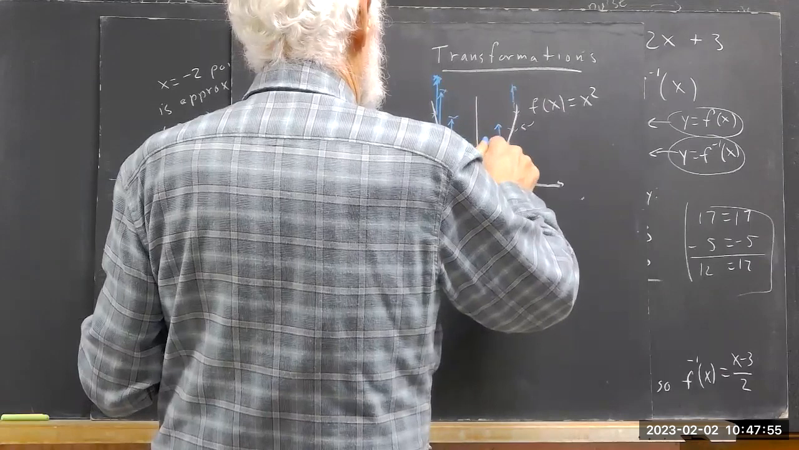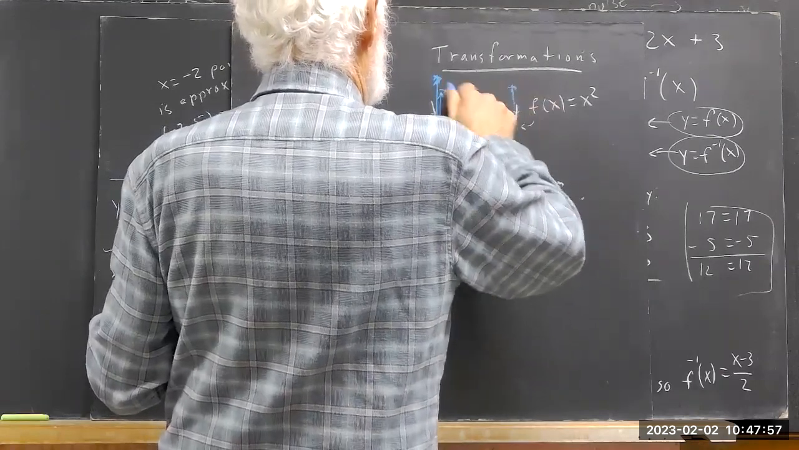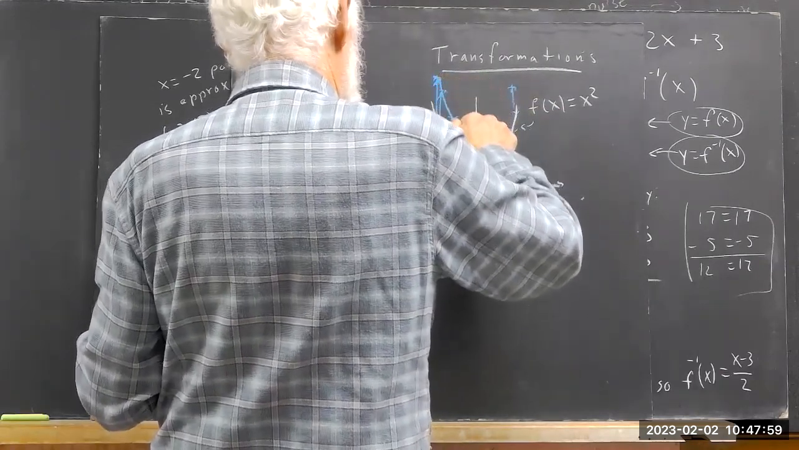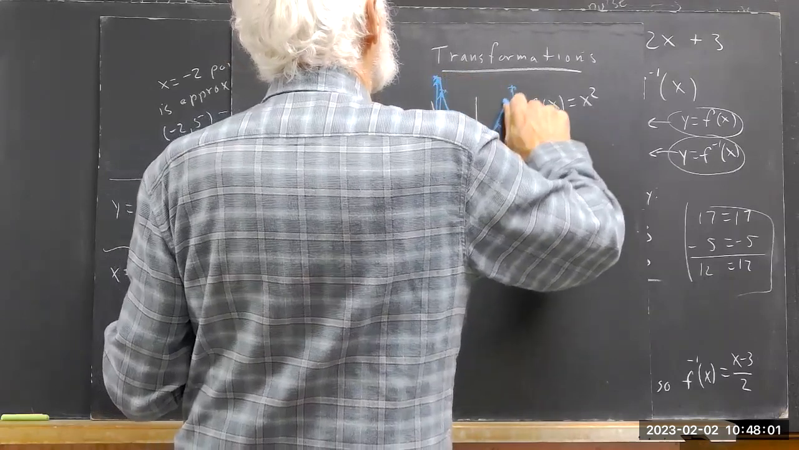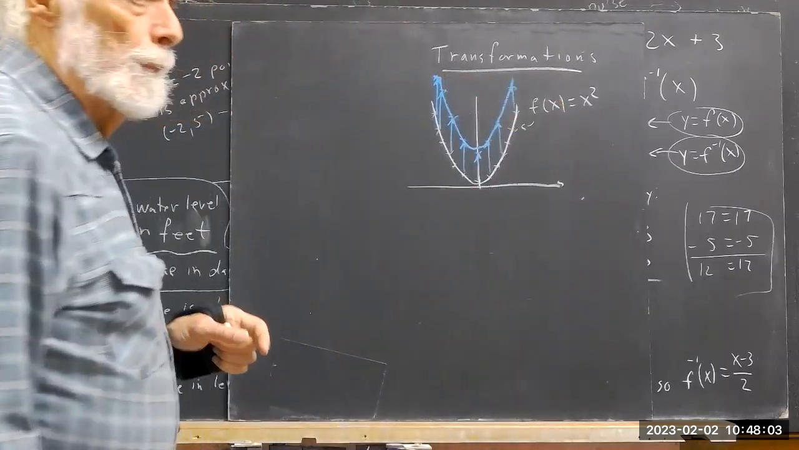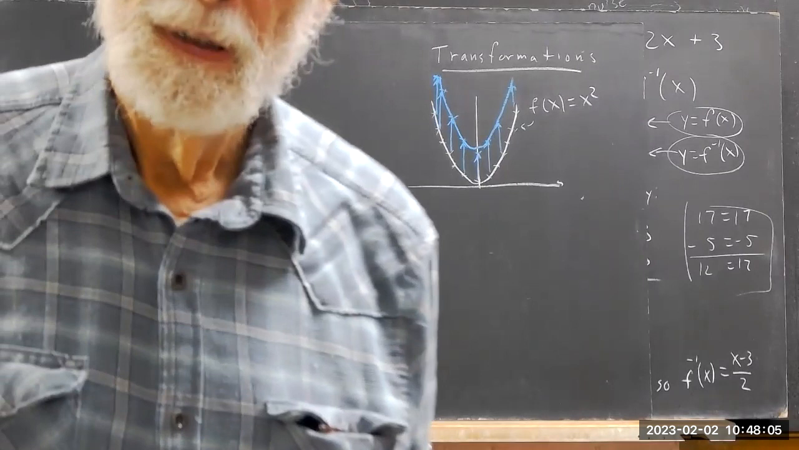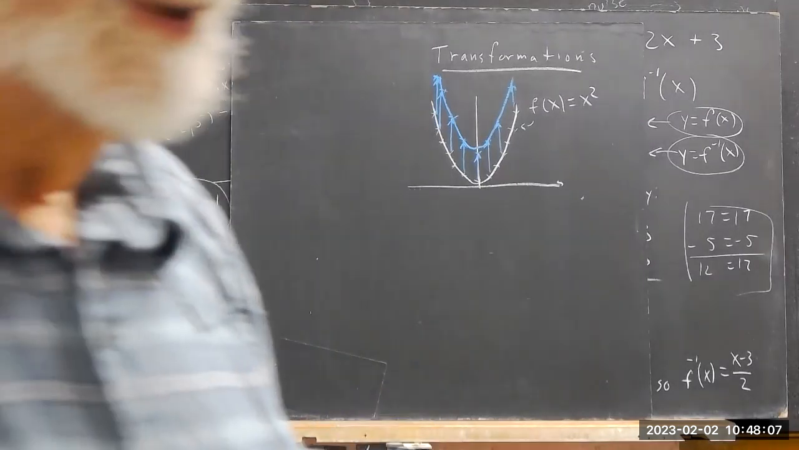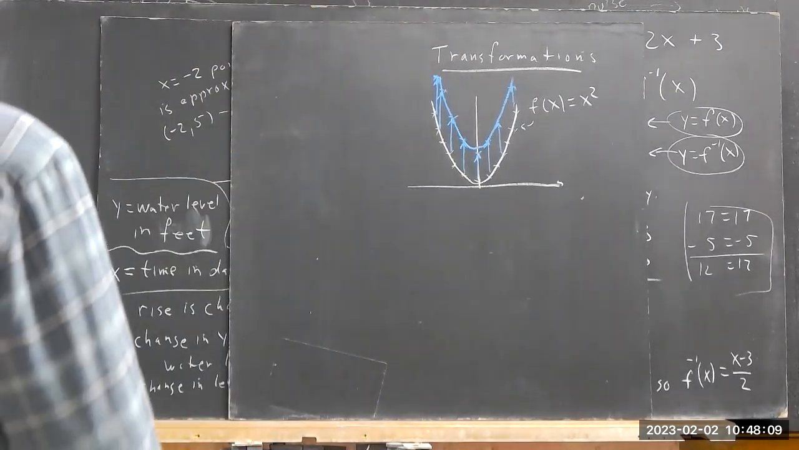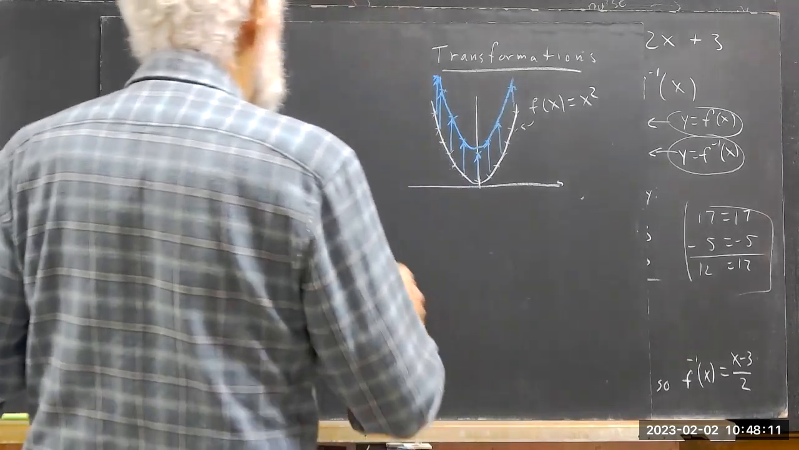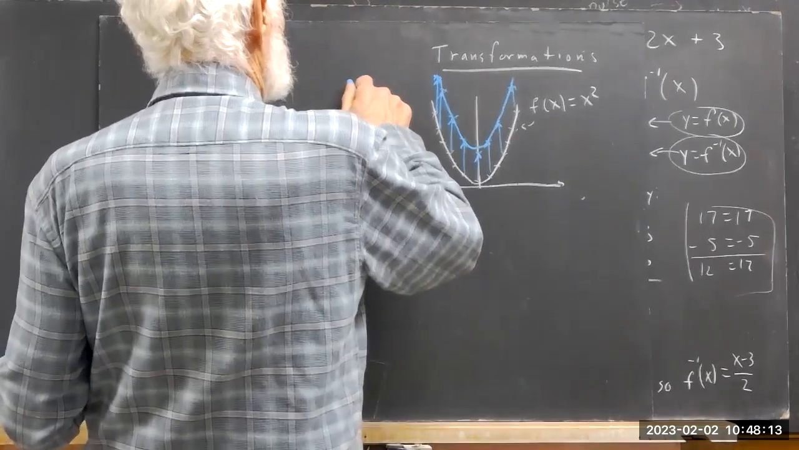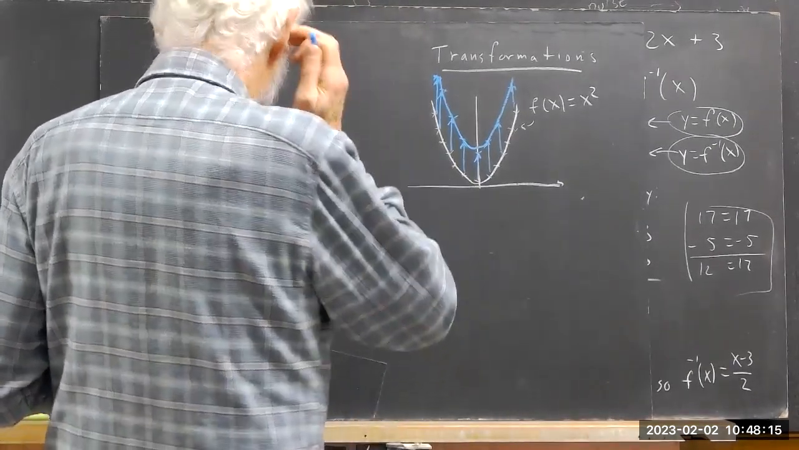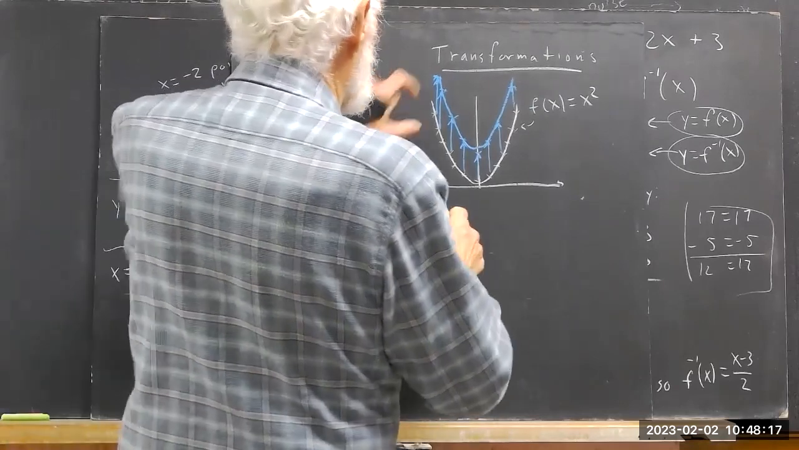So I get a bunch of new points. Now I've got a new graph. They've all moved the same distance. Points have all moved the same distance. And this is going to be, well, if the length of this vector